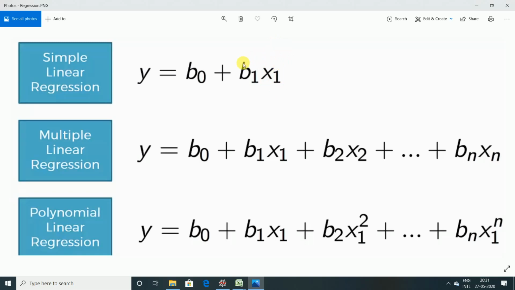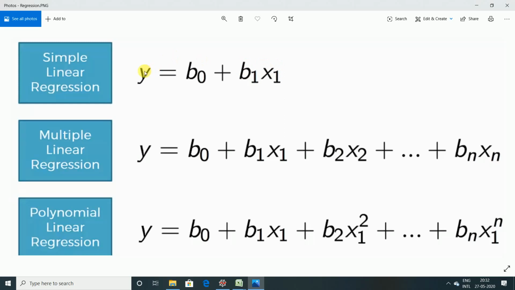What we have next is b1. b1 is the coefficient for the independent variable x1, right? It assesses how a unit change in x1 will affect the dependent variable y. The change in x1 will be b1 times of this, and definitely it will change the value of y also.